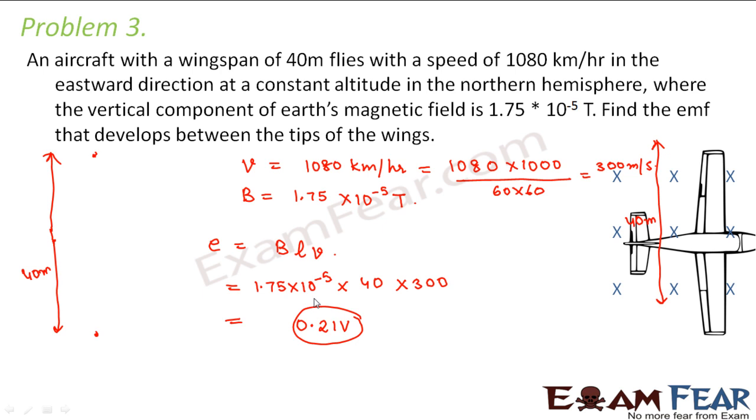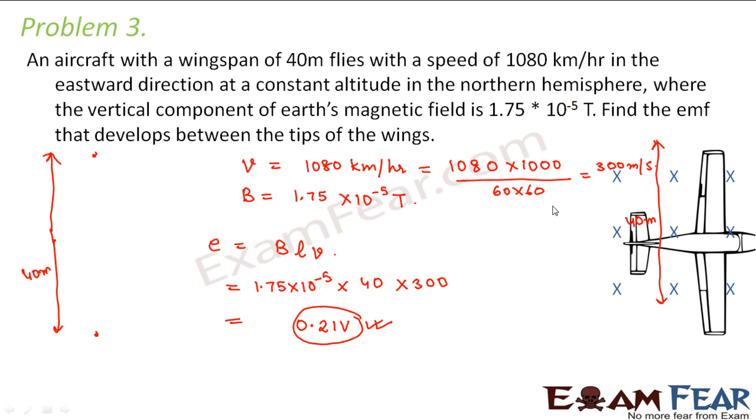Another interesting thing to remember is that this induced EMF cannot be harnessed, because it is not a closed loop. From an open loop, you cannot harness that EMF. It is getting generated because of the electrostatic accumulation of charges at the two ends, but you cannot harness it, because if you try to connect the two ends with a wire, the wire will also move with a velocity V. So that will become equivalent to the scenario of a rectangular loop moving inside the magnetic field.